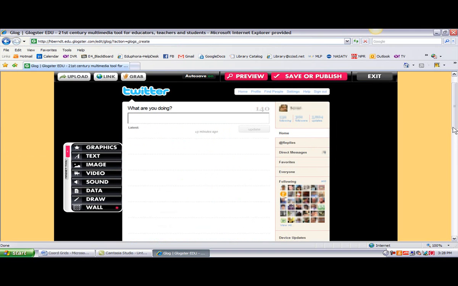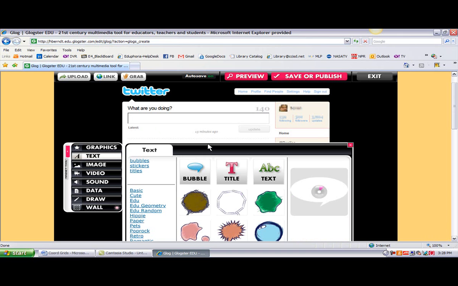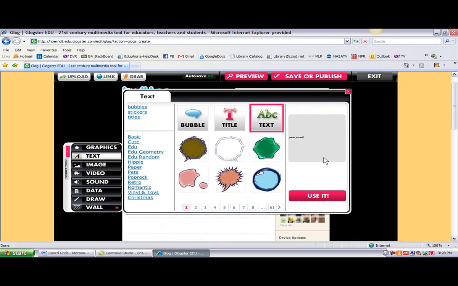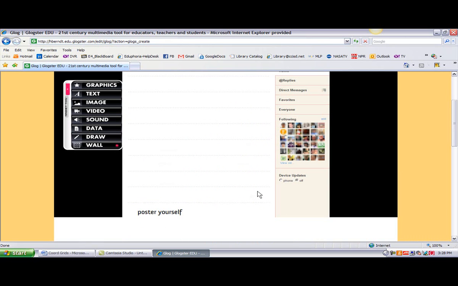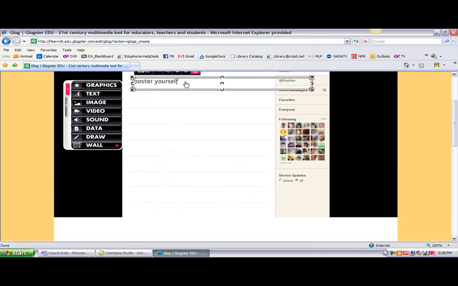So I've asked my students to think about in groups when they come to this station some of the characters, create screen names for them, and what those characters would be tweeting about at this point in the book. So the students would click on text, and they would want just plain text, so they'd click here, and they would say use it, and there the text has flown in. And again, it's flown into the center of the screen, so they'll have to come down here and get it, and drag it up,